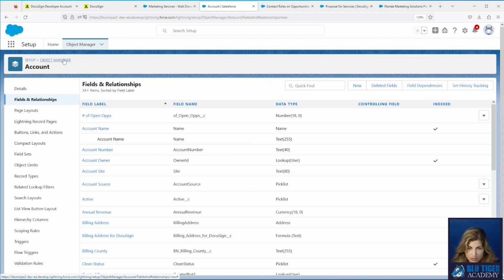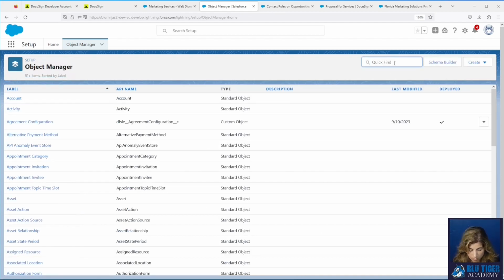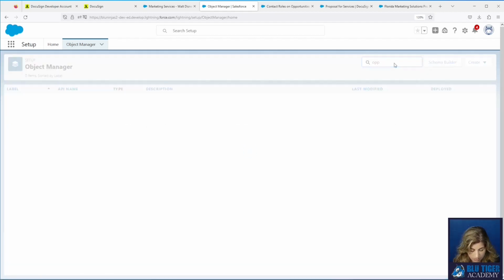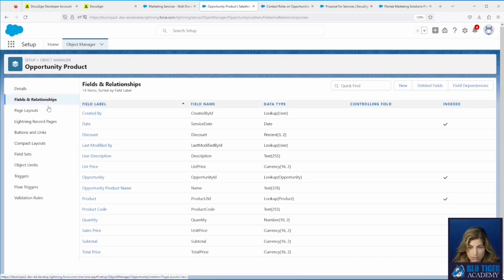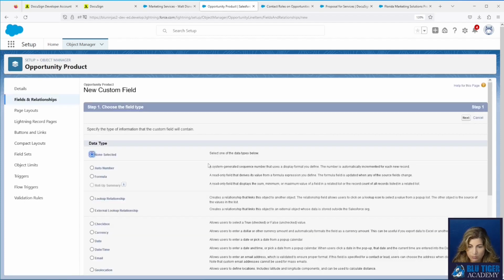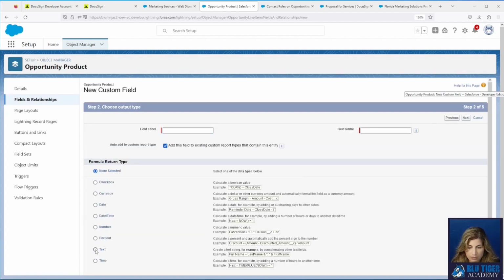Our next field that we need to fix is the total price on the opportunity product. Click New, the formula, text. This is called total price for DocuSign.